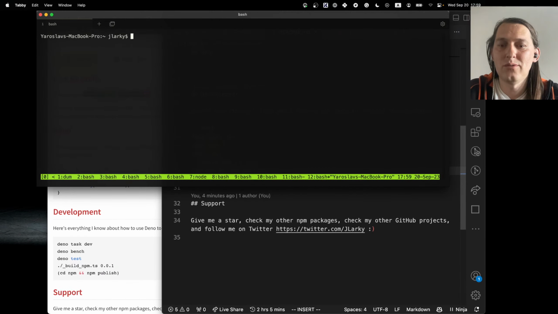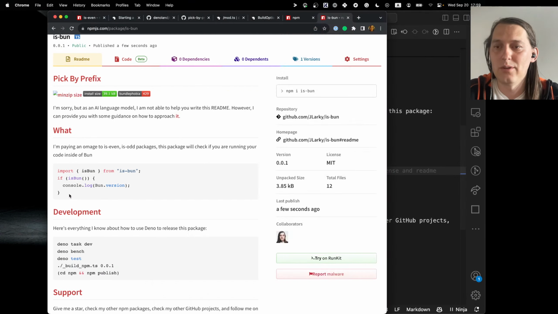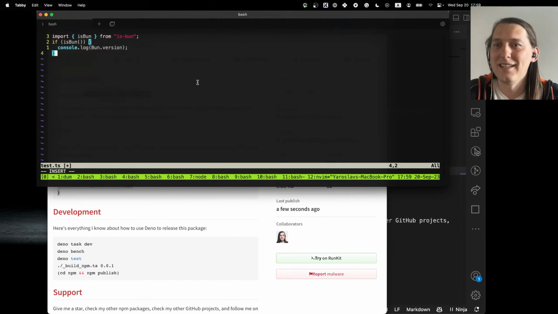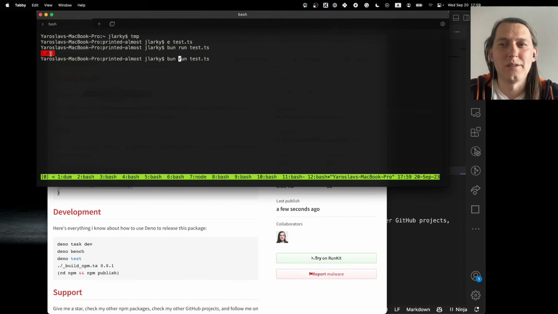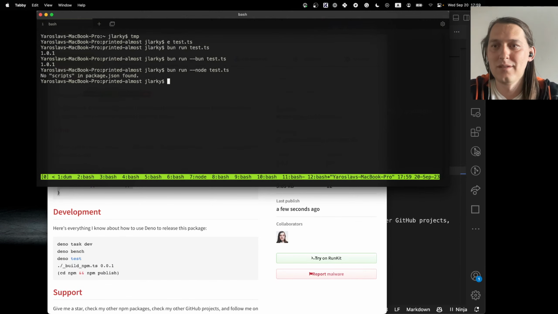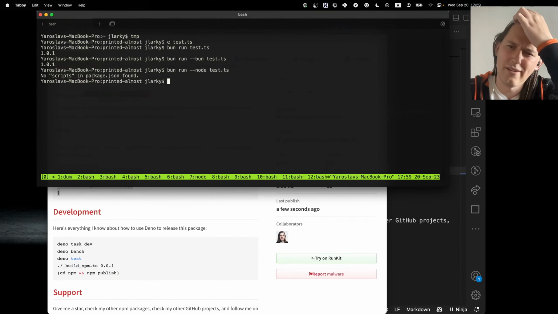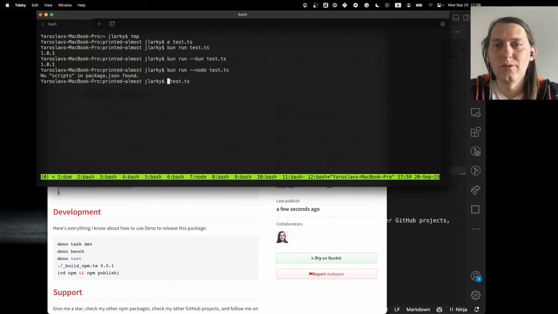So I can go to just a new folder and create a test.ts file, and I will just copy this code that we said is going to work, and I will just do bun run on this code, and it shows the bun version, which is not the latest one, right? I haven't updated the latest one. So bun run test. They also have bun run, and I think there is bun node. No scripts. Yeah, I don't know how this works, but I can also do node